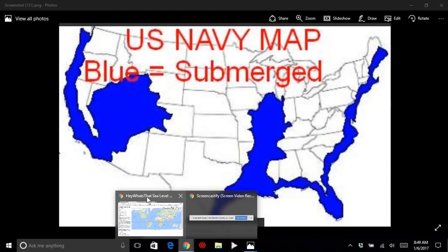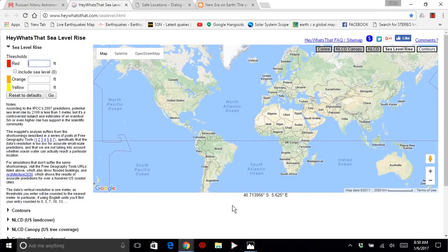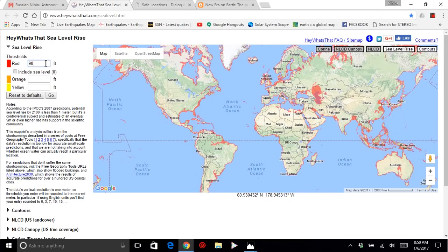Now, moving directly into this flooding simulation, this will open up your eyes. And I'll give you a link to this. In the upper left-hand corner, you'll see a few boxes up here. Simply type in, I typed in 100 feet. 100 feet of sea level rise can happen. You just hit enter, and up on the map comes this sea level rise, and we'll just go ahead and